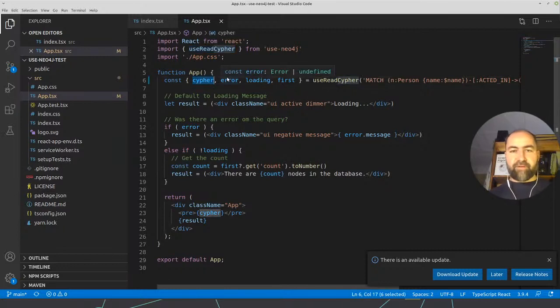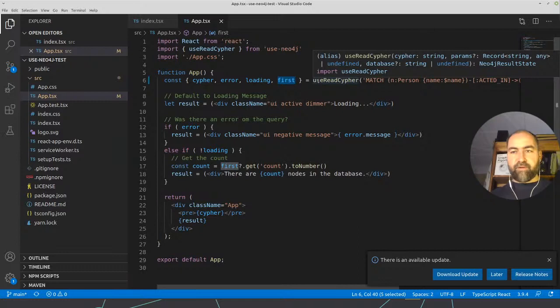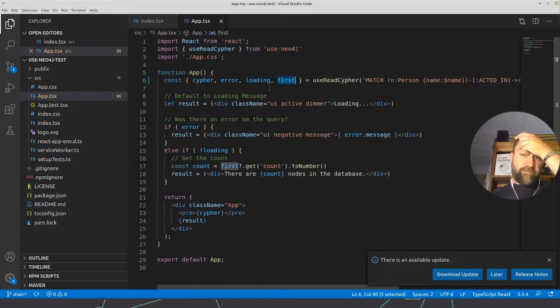It gives back the Cypher statement, gives back errors if there are errors, if it's loading, and then the first, or there are also other things. This is kind of for single results, but there are also other things. It's in Neo4j result state, which you can have a look at.